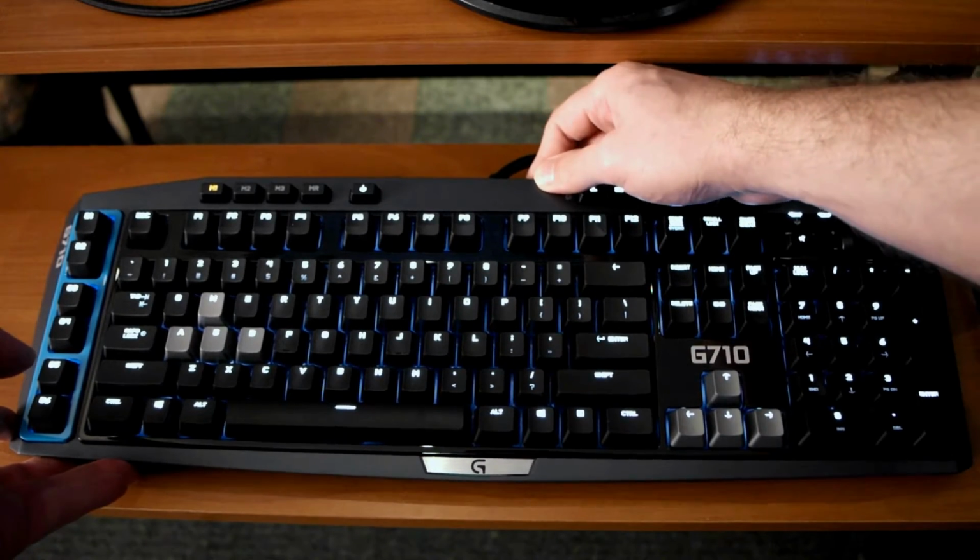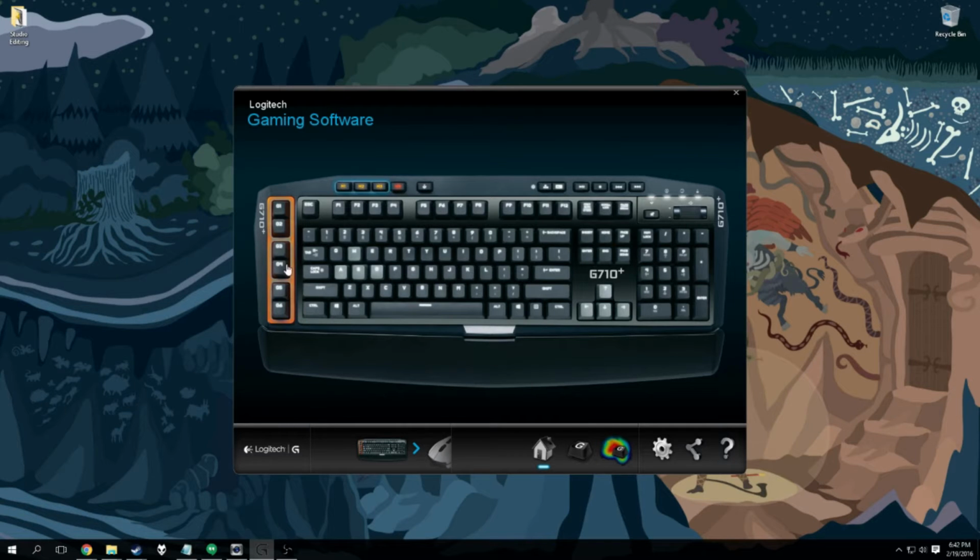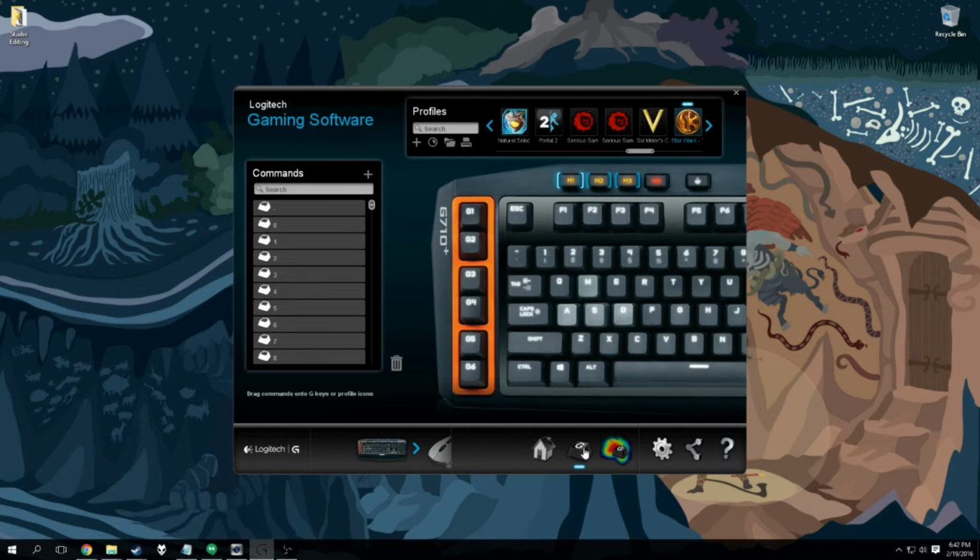I'm still a fan of the Logitech gaming software, but there aren't as many changes you can make here, except for creating macros on the G keys. I usually prefer to make macros in the software instead of on the fly, as you can really take your time and make them as complex as you need them. And it's still just as easy to import your games and make separate macros for each game without a whole